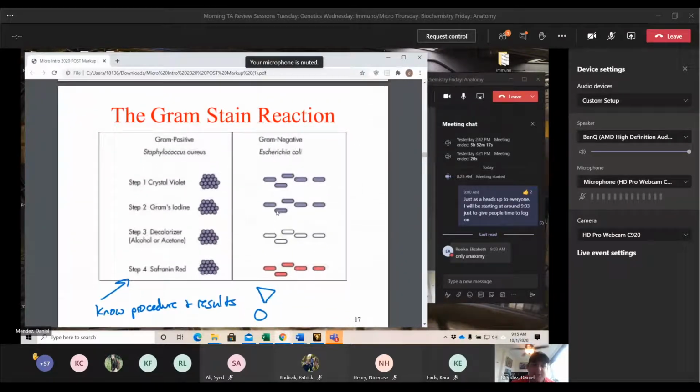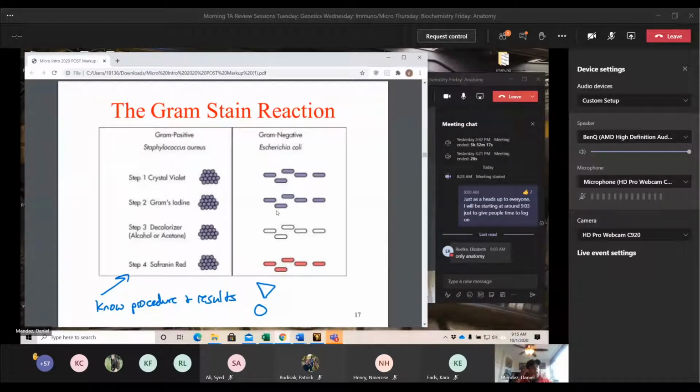So the gram stain reaction, you definitely need to know this. The test does change every year. So the test that I had is going to be different than the test that you all are going to have tomorrow. But I will say this, we had 2 questions from what I can remember. There might have been more, but it was a long time ago for me, and we had a lot of tests in between. But we did have 2 questions directly involving the gram stain reaction. One of which was about the actual sequence of events in the gram stain reaction, and then one was very similar to the one that I gave you on Friday about if something were to go wrong in the gram stain reaction.